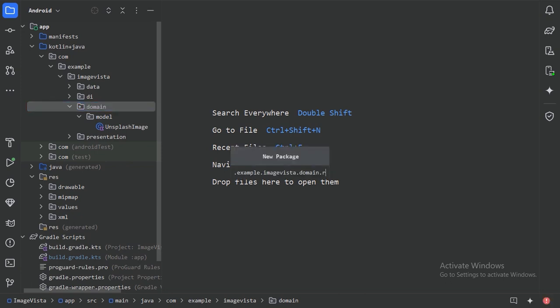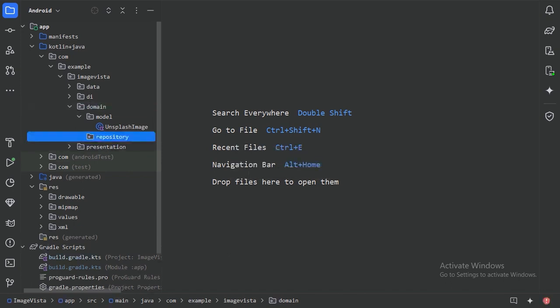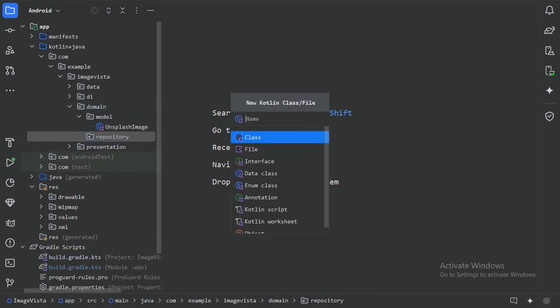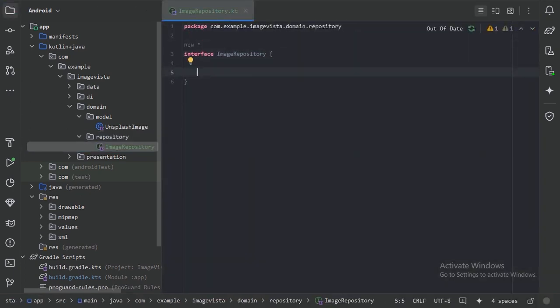Now next thing, as we discussed, we need to keep repository interfaces here in the domain model. So let's create a new package with the name repository, and here let's create a new file with the name image repository. It will be of type interface. So here let's define a function,